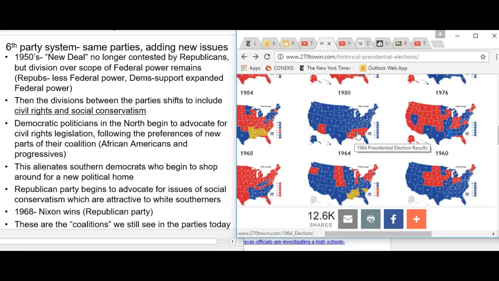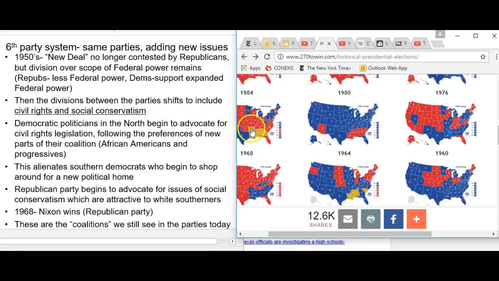So it's been almost 100 years that the South has been solidly Democratic. In 1968, they try something different, which is a party called the American Independent Party. George Wallace is heading that up. And again, it's another kind of anti-civil rights party. In 1972, though, they don't really have to support this political party anymore,